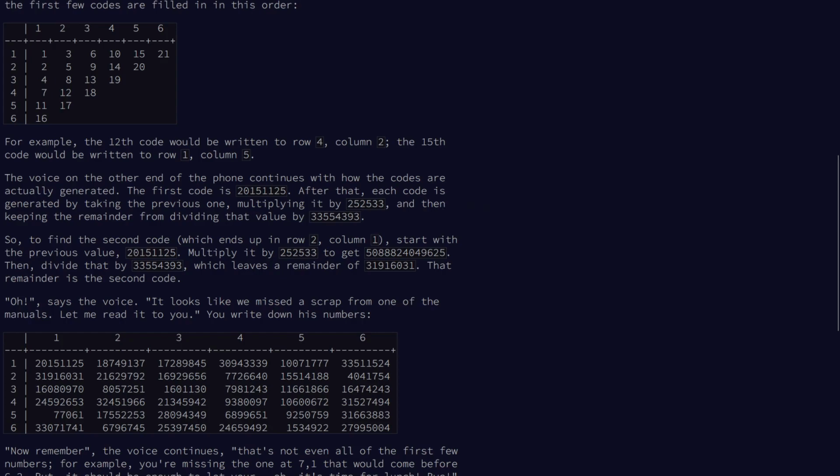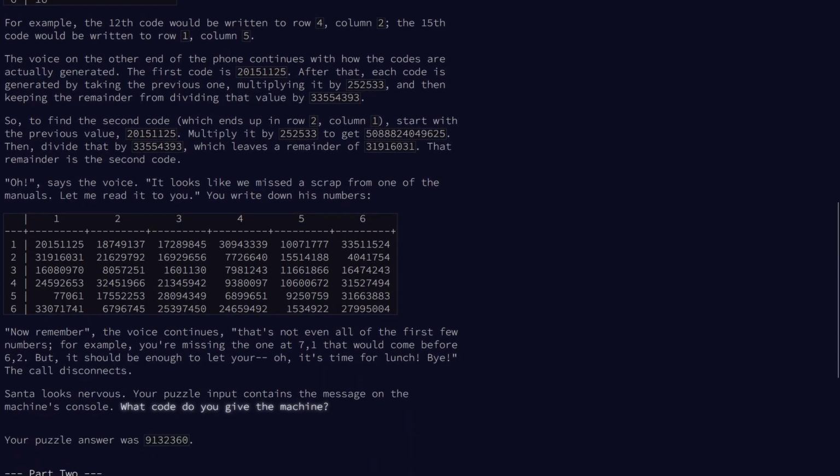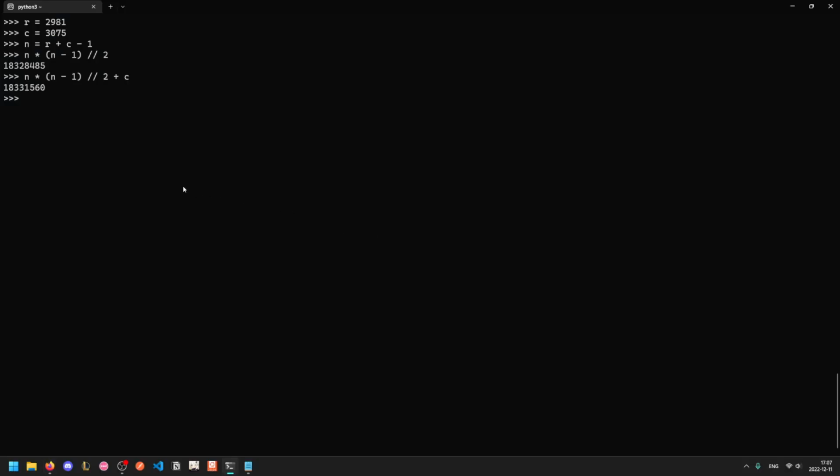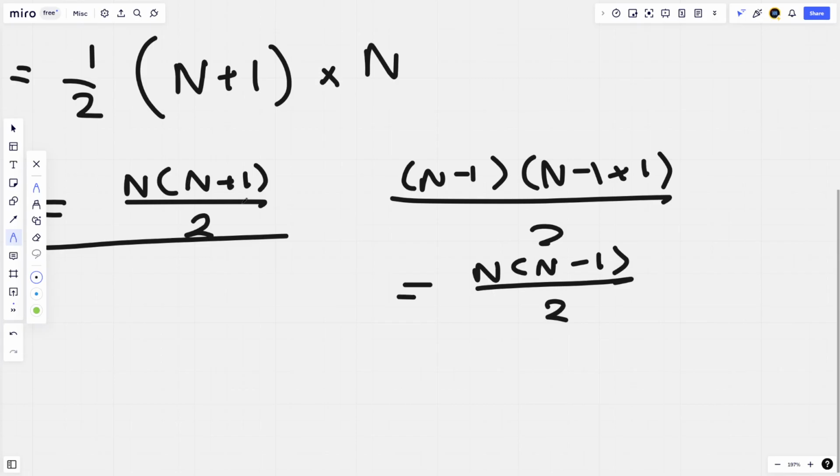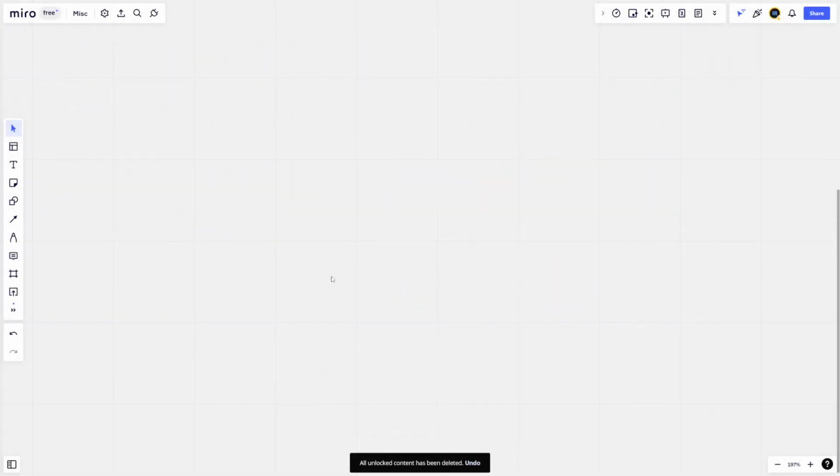So to find the second code, we do that. To find the third code, we do that again. And so it's asking us what code comes at the position specified. So what is the 1833156 code? Well, if we did that with a trivial loop, it would actually finish and it wouldn't take all that long. But we can do it with modular exponentiation, because what the problem is asking us is the starting